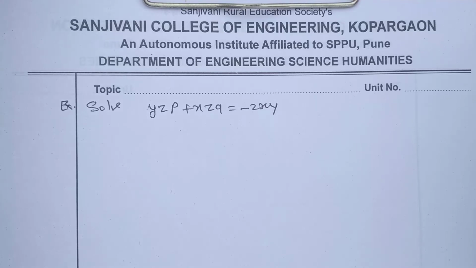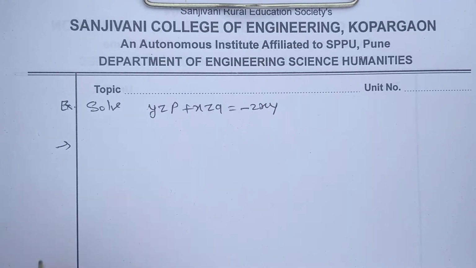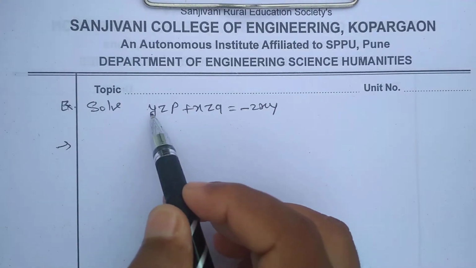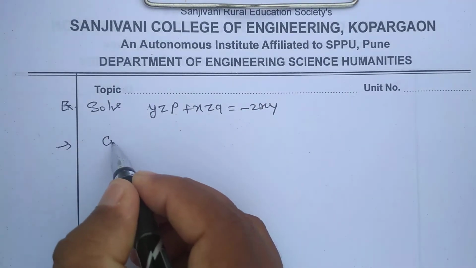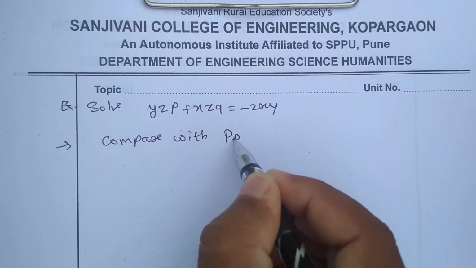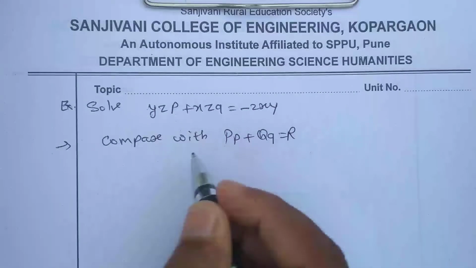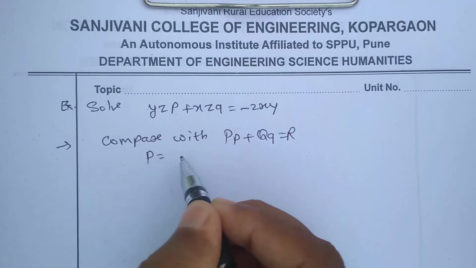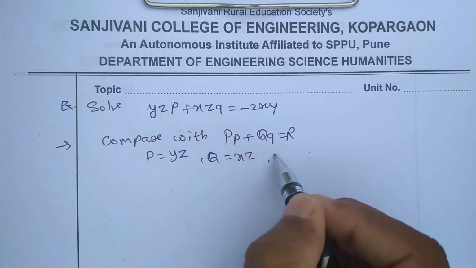So today we are going to solve the first order linear partial differential equation. The question is to solve yzp plus xzq equals minus 2xy. So compare with capital P times small p plus capital Q times small q equals capital R. So you will get the value of capital P as yz, capital Q as xz, and capital R as